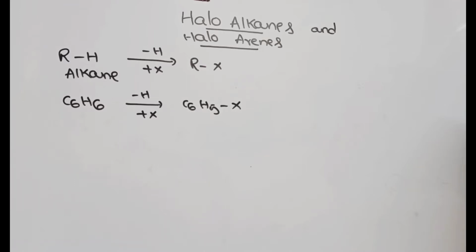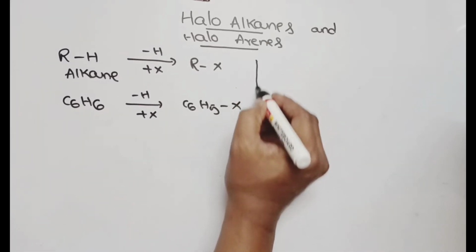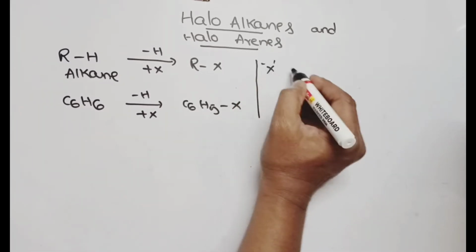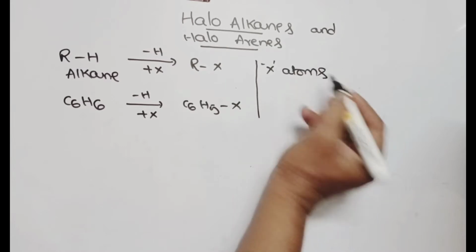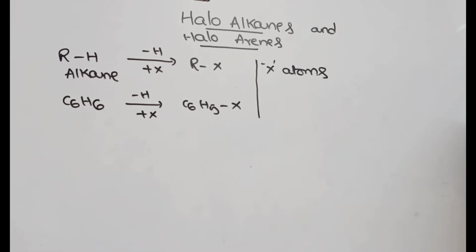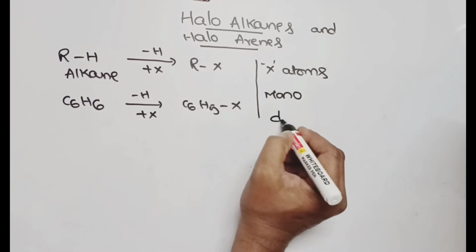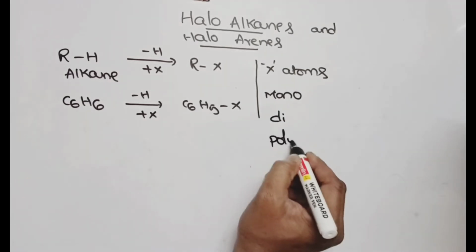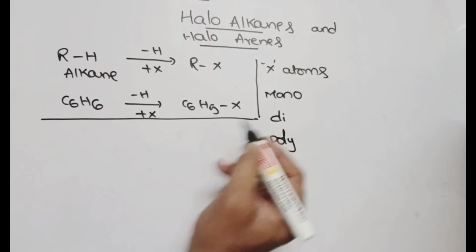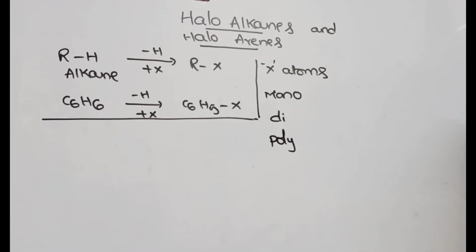Next, what about the classification of haloalkanes? On the basis of halogen atoms, these can be classified into several types. On the basis of the number of halogen atoms, haloalkanes are mainly classified into three types: monohalogen derivative, dihalogen derivative,